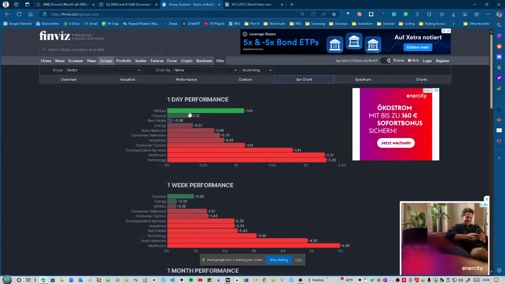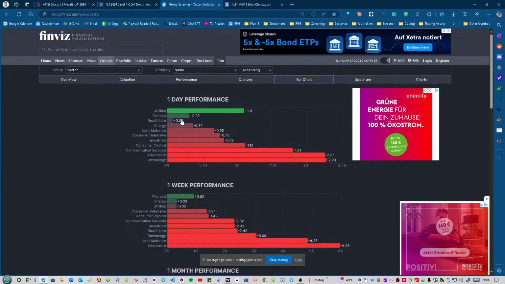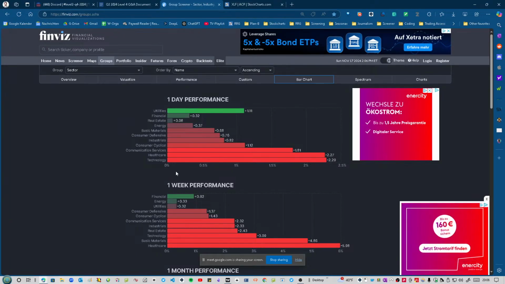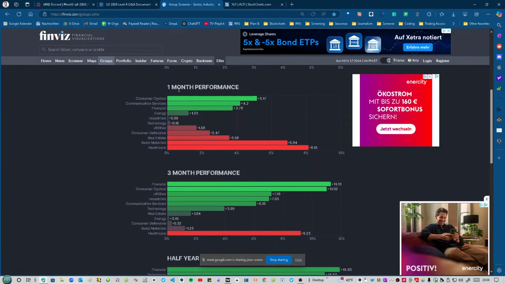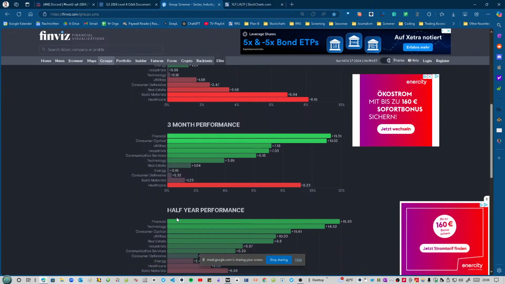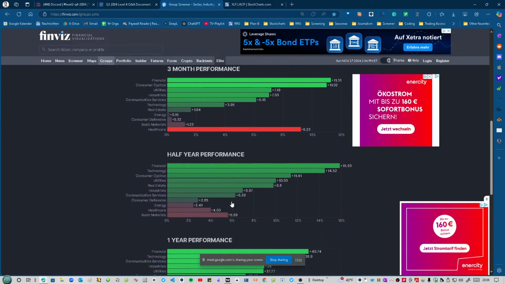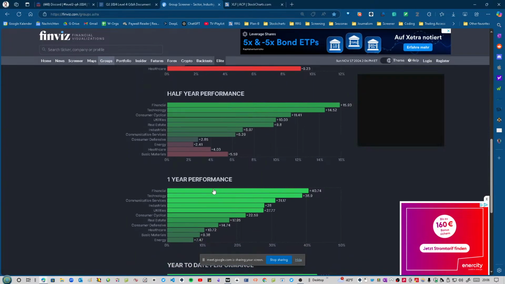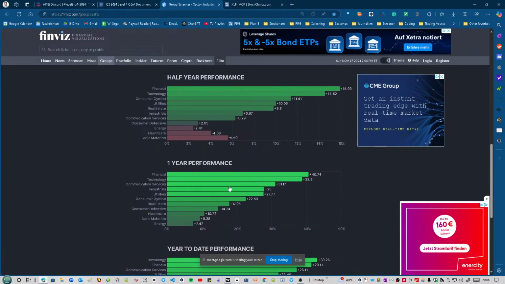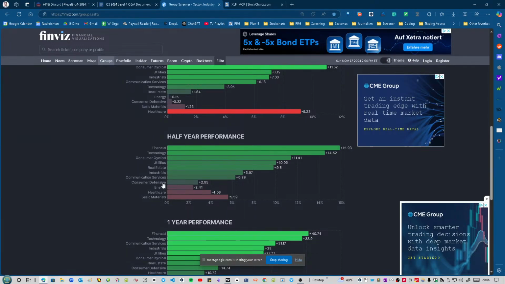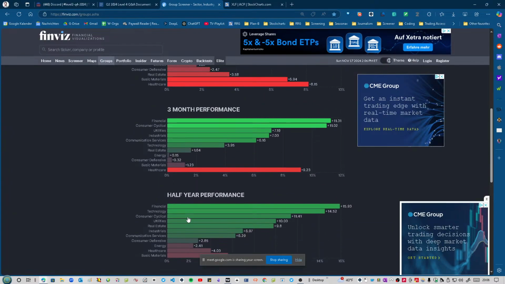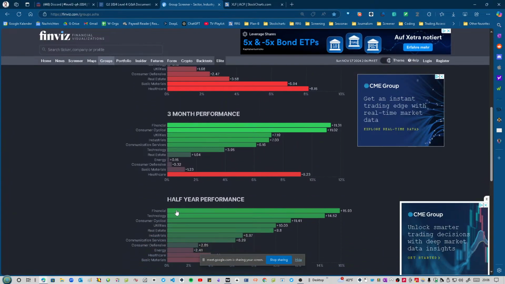And you see the last day, the utility sector was performing pretty well. And you see here that the weakest one was the technology. How was it about the last week, past month, 3 month, and half year performance? So you see over the past half year, actually the best performing sector was the financial sector, then followed by the technology, communication services. So if you are maybe an experienced trader and you see that the performance of these sectors is still holding, you see here half year financials again,